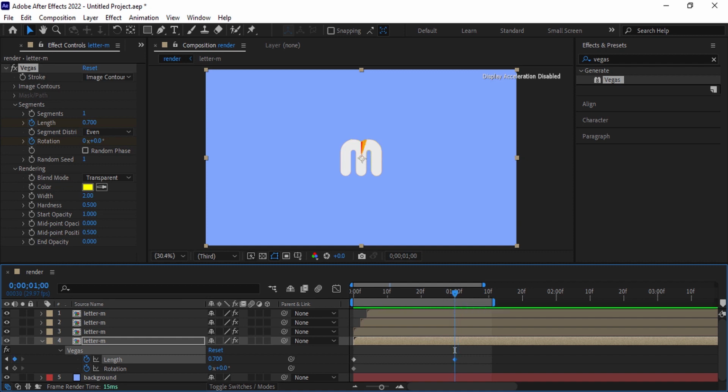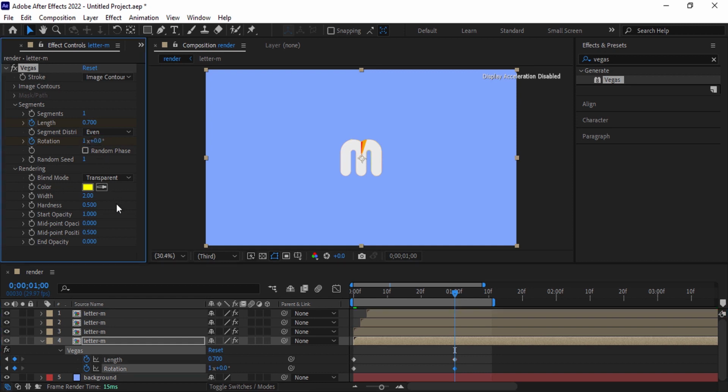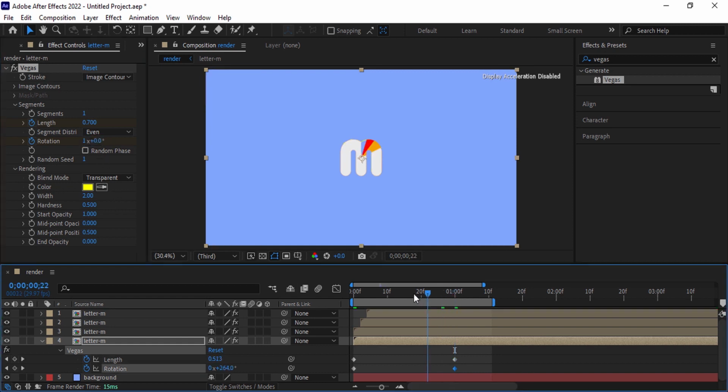Also, I am changing the first rotation value to 1. Now press U to reveal all keyframes and then grab this keyframe of length and place it on the 15th frame. Then go to around 1.5 second position and change the length value to 0.